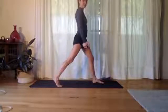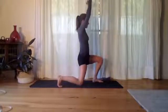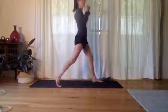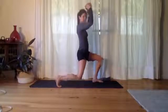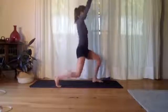We're going into our lunges. Let's have our hands at our shoulders, and this time we lunge down, arms go up, and then we stand up, arms come down. 9, good. Press through the front heel. 8, 7, good. Last 6,